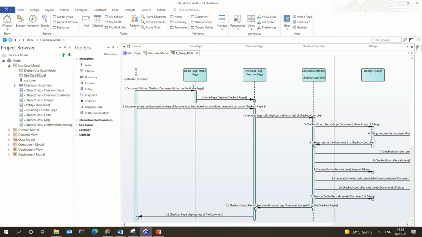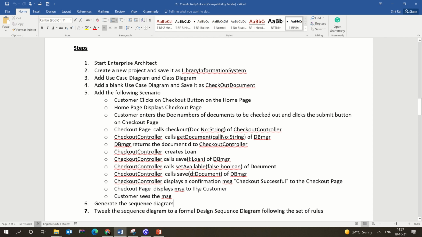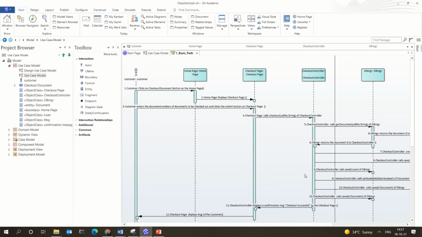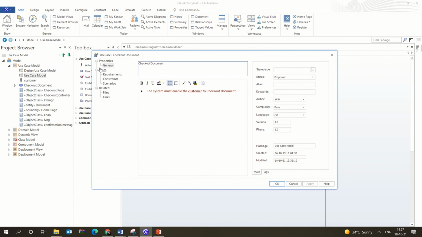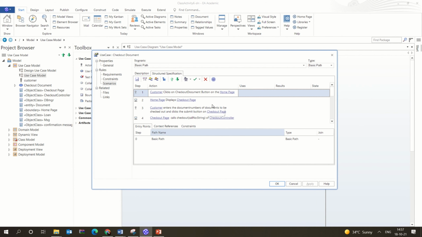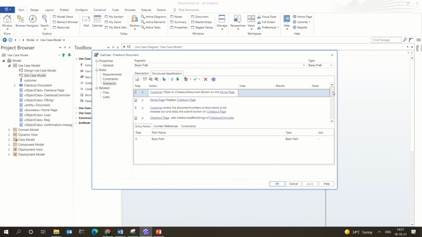So these are certain things. In this example, what they are telling is if you have a use case model, then you don't have to generate the sequence diagram from scratch. Instead, what you could do, you can go to the model, and you can make sure that all the various scenarios are added here.